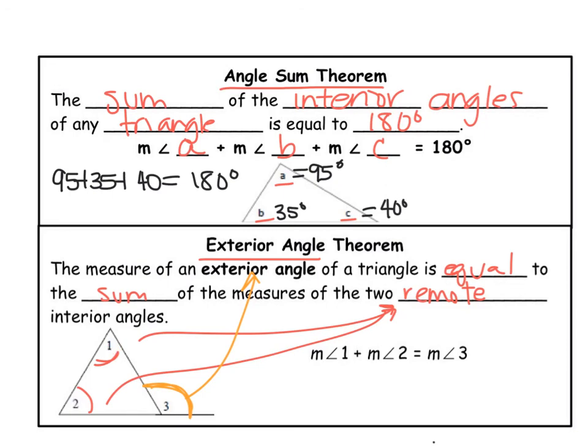So if the measure of angle 1 is 60 and the measure of angle 2 is 70, then the measure of angle 3 has to be 130 degrees. And that will work with any exterior angle. We can have the exterior angle here. We can also have an exterior angle here. We can have an exterior angle here. We can have an exterior angle there. Okay,